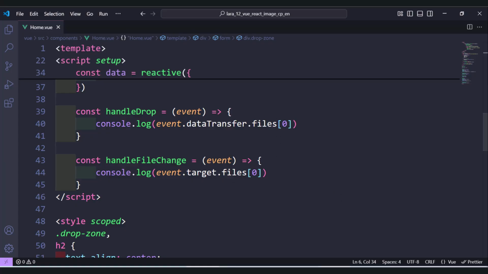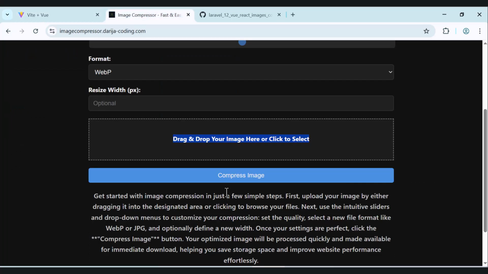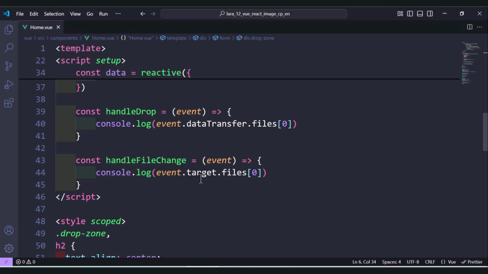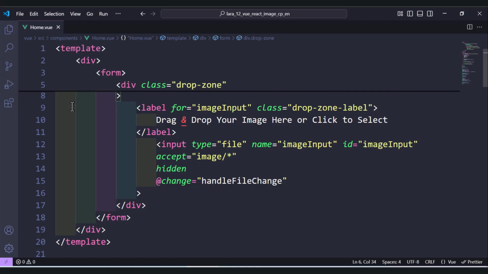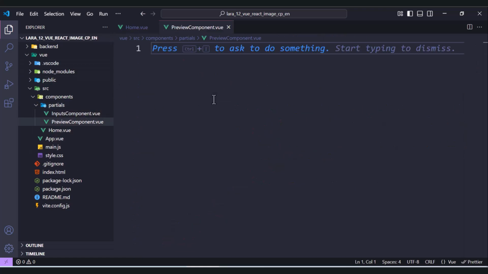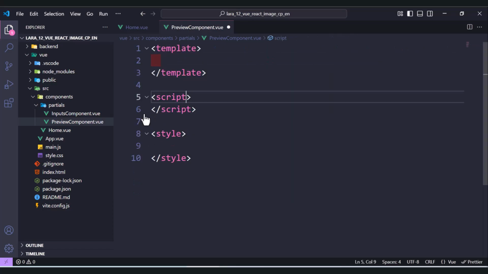So we need to preview the image. So before we compress the image, we need to preview it. So as we have seen here, if we drop this image here, we need to view it, or to preview it. So to do that, let's add another component here inside partials. Let's call it preview component dot vue, preview components dot vue, and here we need to add the default structure,